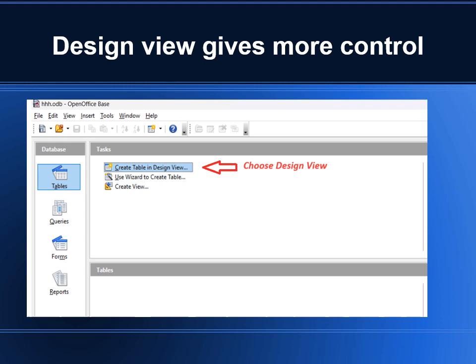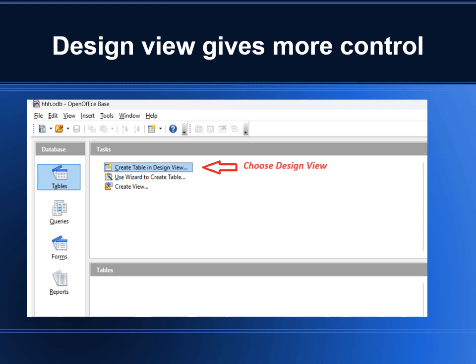Select that option. So once we select we want a new database, this is the landing page from which we will create tables and run queries. Right now we're just going to create tables. Oftentimes other people will want you to load tables that already exist. That's a perfectly great way of doing it. But I want people to see precisely how tables are created, and also want very simple tables so that it isn't too confusing. So select the tables option on the left-hand pane, and then under tasks you create table in